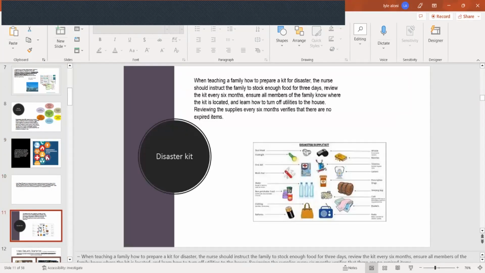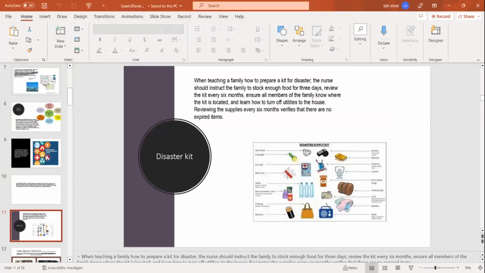And let's see, for our disaster kit, we're going to remember we give them food for 3 days, check the kit every 6 months, know where it is, and know how to shut utilities off in the house. Reviewing supplies every 6 months means there's nothing expired. Things in our disaster kit: flashlight, radio, first aid, medications, batteries, blanket, those kind of things. Okay, we went through those